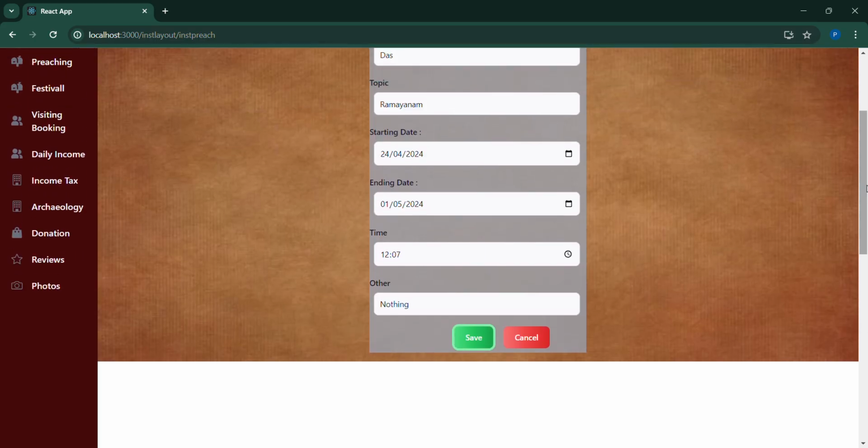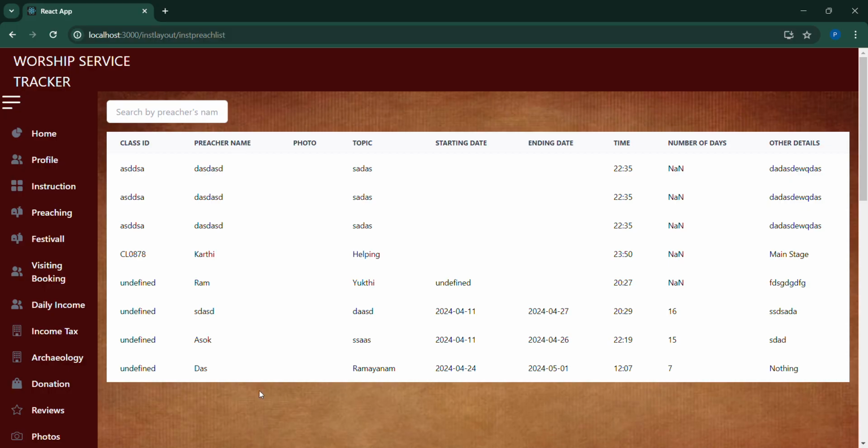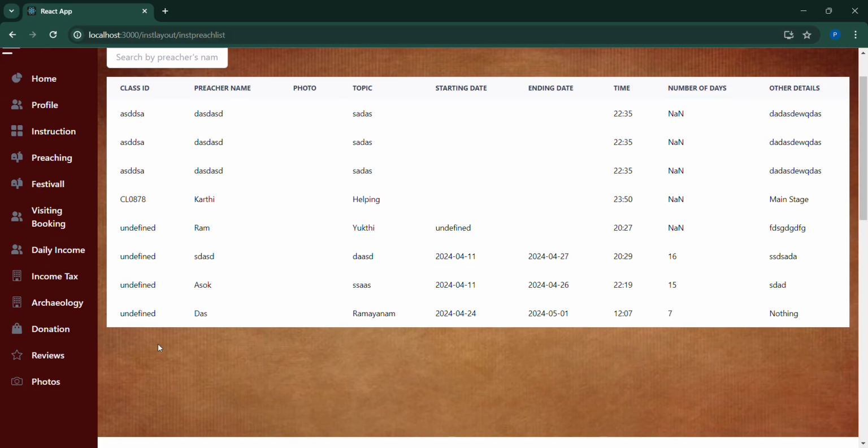Let's save it. Here you can see our data, the preacher's name and photo. Right now the photo is not shown because I have not fixed that in the table field. I'll fix it later, then you can see it. The other details like topic